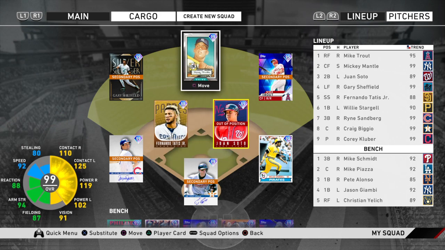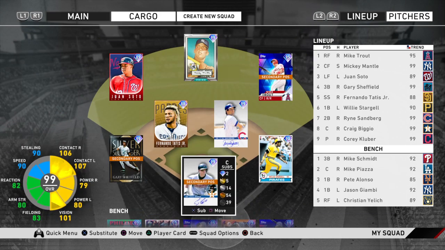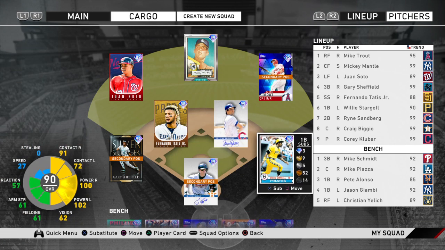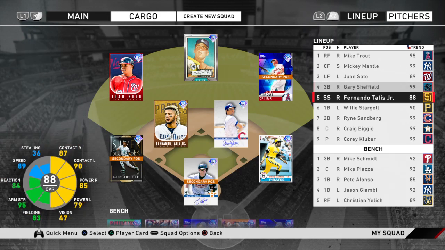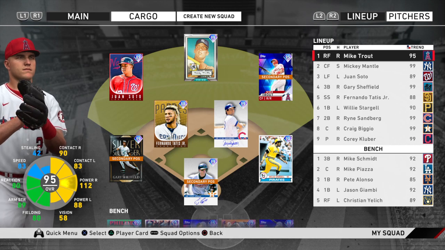Or what I'm going to do, I'm going to keep it the way it is right now, and then just put Biggio on the bench and have a cap at catcher. I'm not quite sure what I'm going to do yet, but as I said, I try to see a lot of pitches. So Trout and Mantle, they can hit either side well,